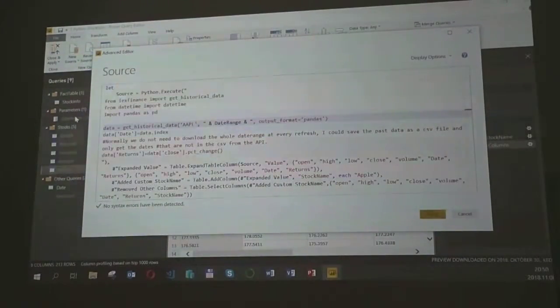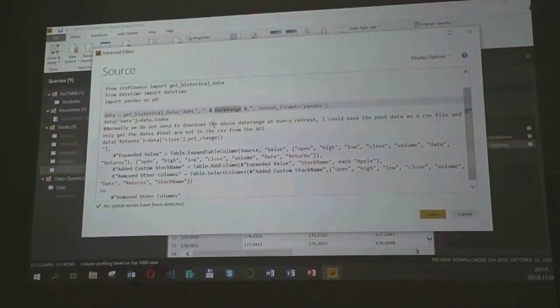You can see it at the left. So I don't have to hard-code the date range here. I can set it in the parameter, and all of my queries are going to follow that new argument. This reporting tool doesn't translate the index of a data frame automatically, so I have to add the index as a calculated column.